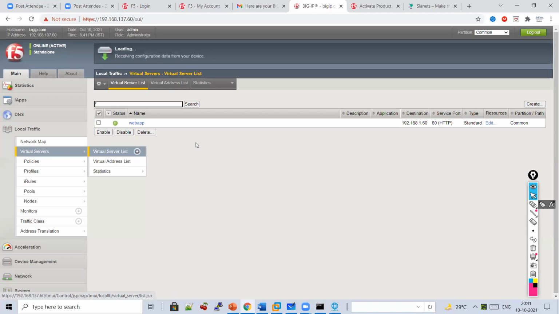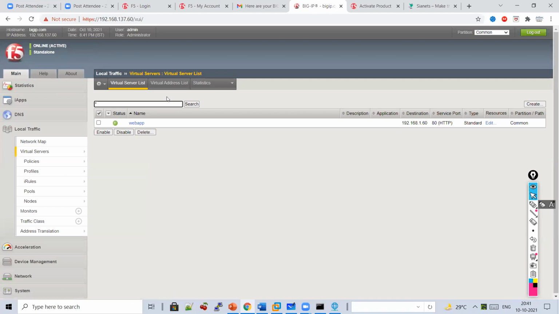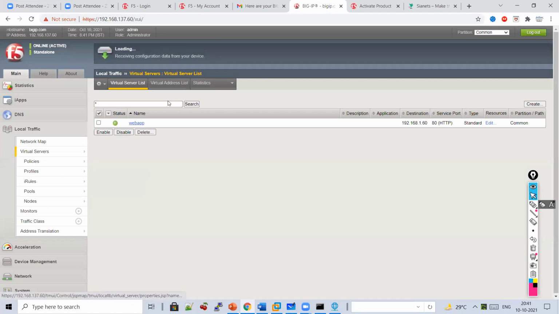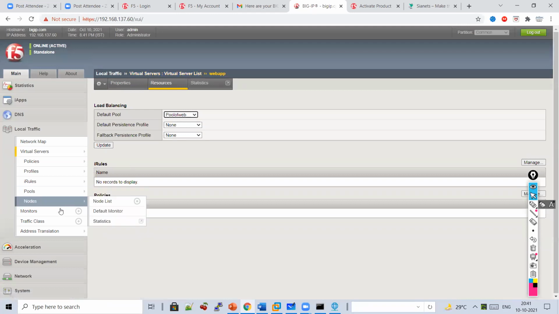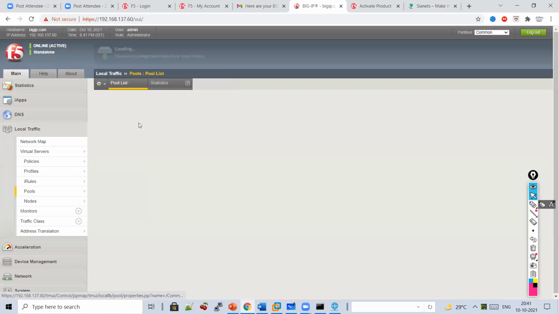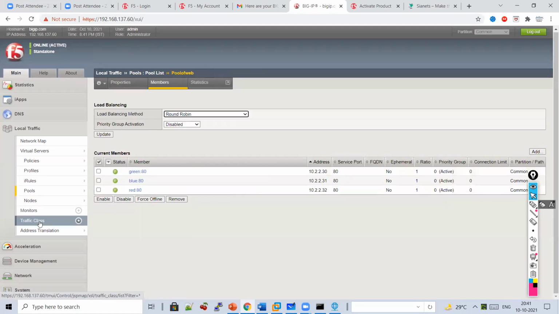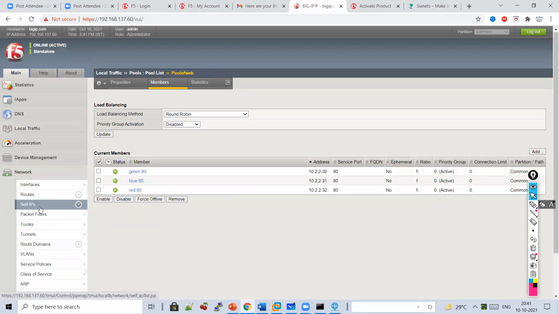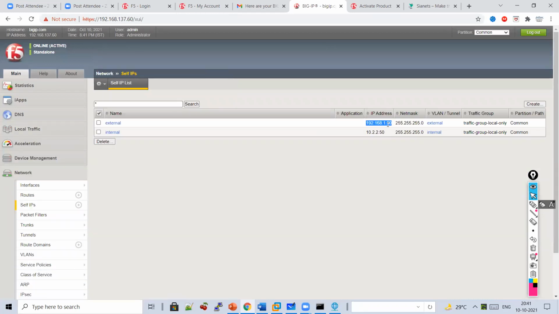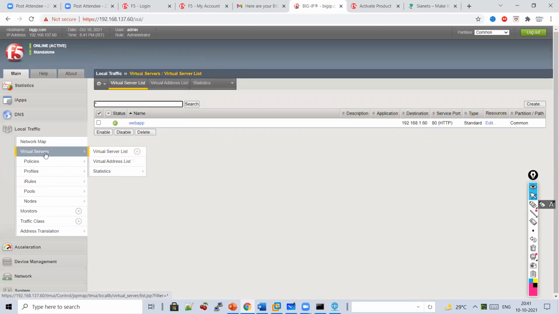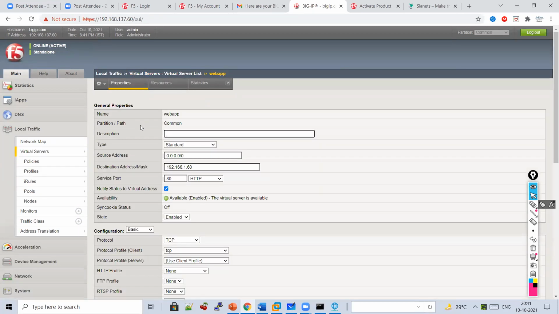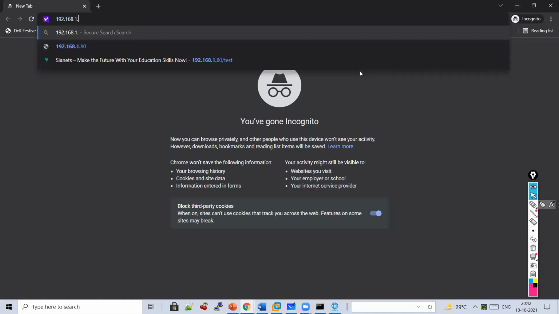We have a virtual server 192.168.1.60. Then I have a pool also. All the servers are up, but it's not working. Let me go to incognito mode. Why is it not working?